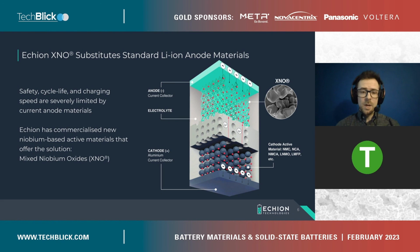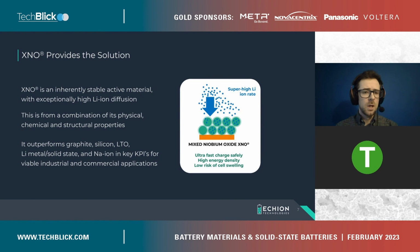So where does Echion come in? Where does our technology come in with our new anode active materials, XNO? This is our new material based purely on niobium and modifications of this to basically swap out your graphites, your silicon, your lithium titanate in a standard lithium-ion battery setup in order to improve that fast chargeability, long life, and maintain that energy density. And I'll explain a bit more on that. It does this by being an inherently stable material, won't